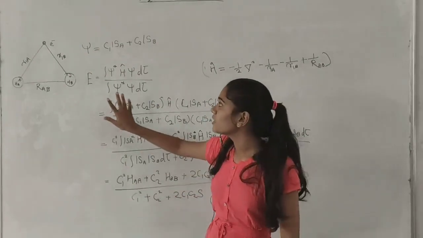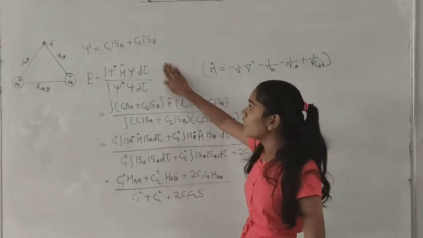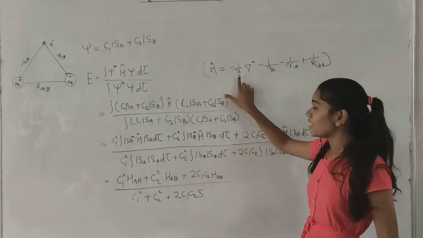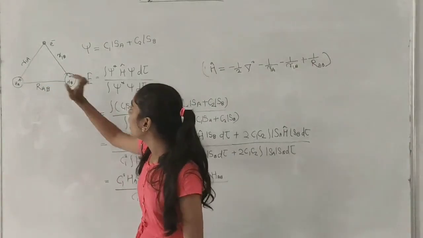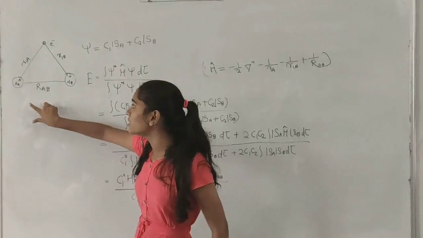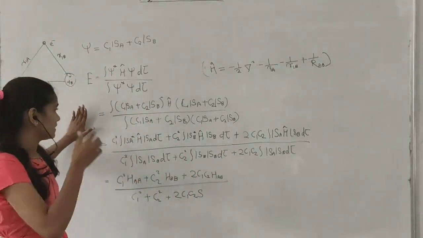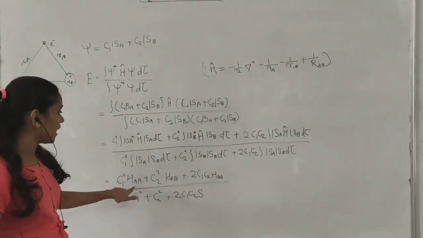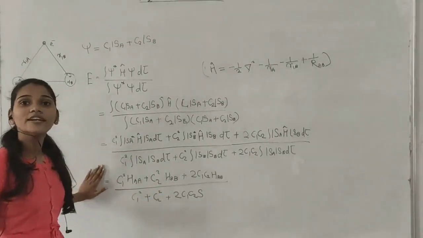This energy can be calculated by using the variational method. The formula is this. In this case, the Hamiltonian operator is this, in which this term is the kinetic energy, this term is the interaction between HA and the electron, R1B is the interaction between HB and the electron, and RAB is the interaction between these two hydrogen atoms. This can be solved this way, represented by HAA, HBB and HAB. Basically this can be solved by using secular determinants.